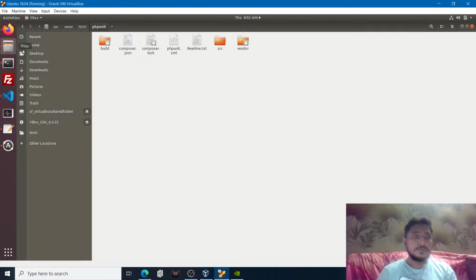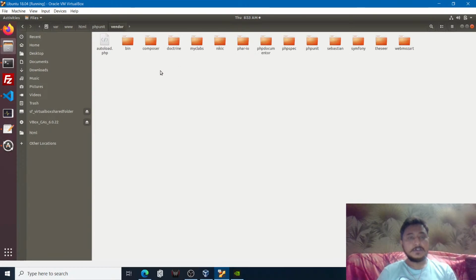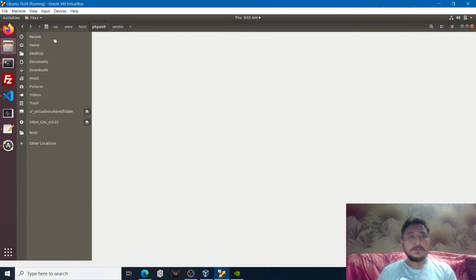So we can go through the directory, which is PHP. Inside this, build XML is generated. When we run composer install, a composer log file is generated and a vendor folder is generated. Inside vendor it installs the dependencies, and the log file gives the signature of what has been installed using composer. So in the build folder, as you can see, there is the code coverage report, and there is index.html that we can open,